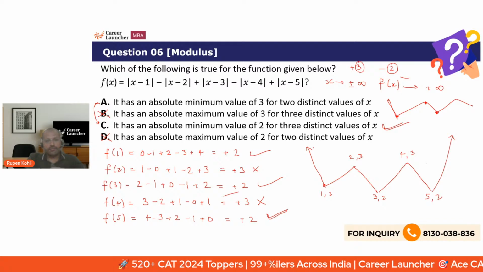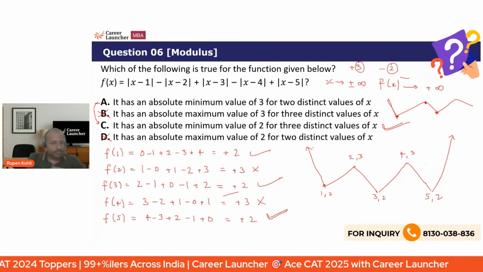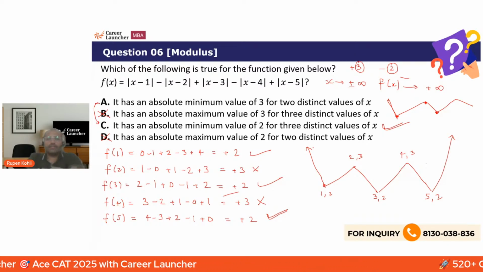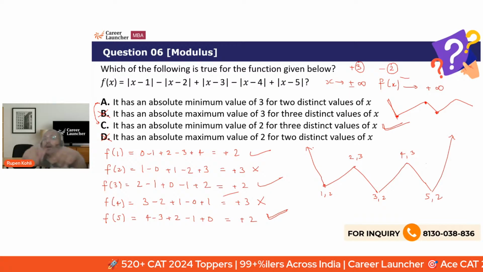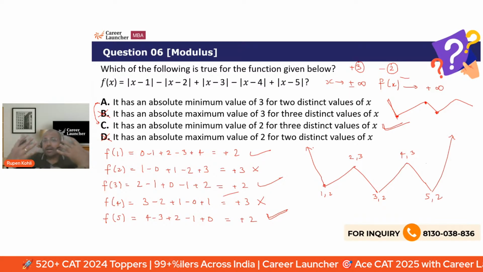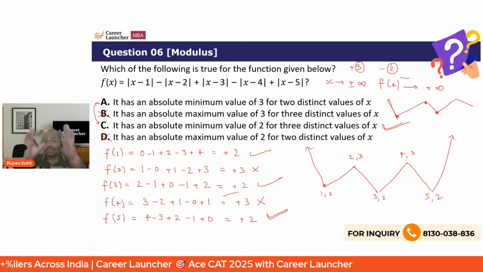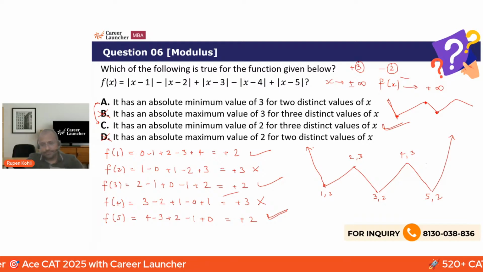All right, so I'm trying to get the basic concepts clear over here of how the different modulus terms are there. How do we get their graph? Just find the value of the graph at the breaking points, and you can get the graph. And overall, you have to look at how many terms overall there are. Are they overall net positive or net negative? Right? That will tell you whether the graph will go towards plus infinity or minus infinity for large values of x.